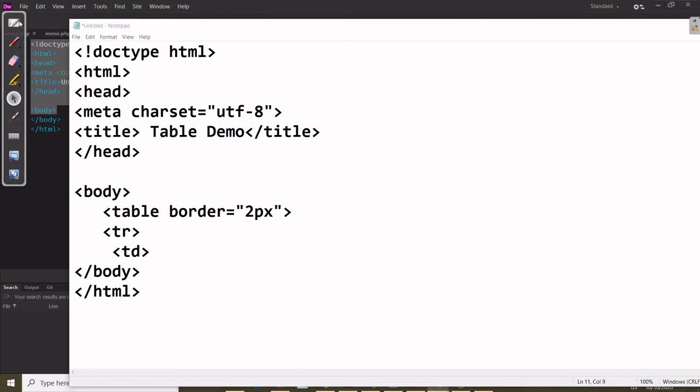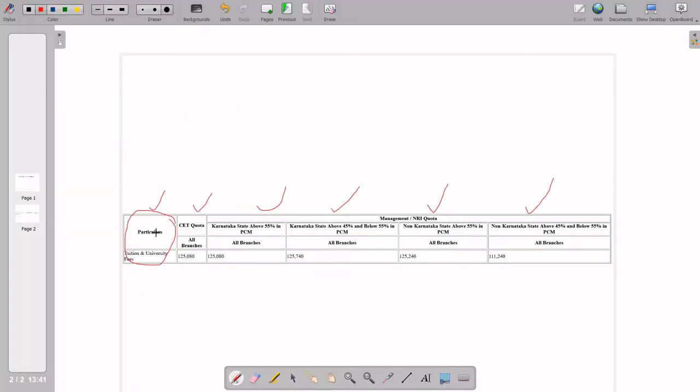So td, what is the first thing here? Particulars. But in this td, what is happening? Merging of the three rows. This is the three rows merging here. First, particulars, this one is the merging of the three rows: first one, second one, and third one.